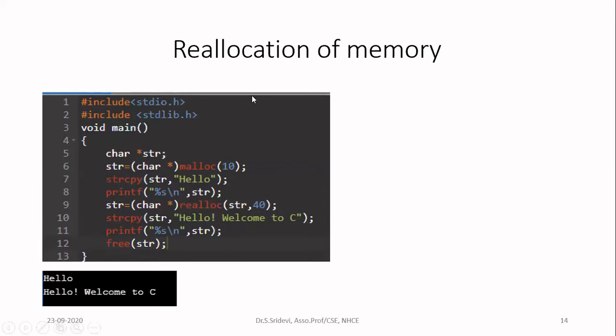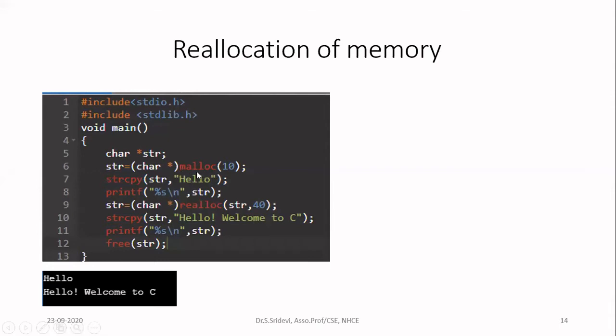Now in this program, first I will allocate memory for 10 characters. After that, I will change the memory to extend so that it can store totally 40 characters. First only 10 characters, second totally 40 characters, not an extra 40 characters. So first time I want to allocate memory for 10 characters, so I'm going to call the function either malloc or calloc. Here I have used the function malloc.